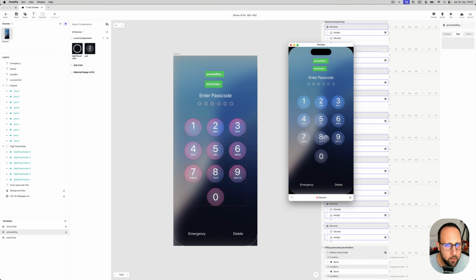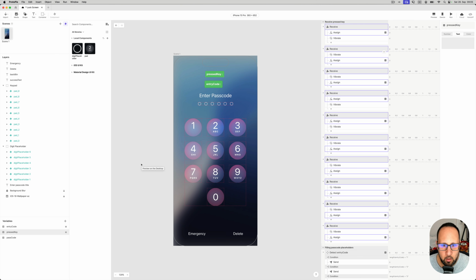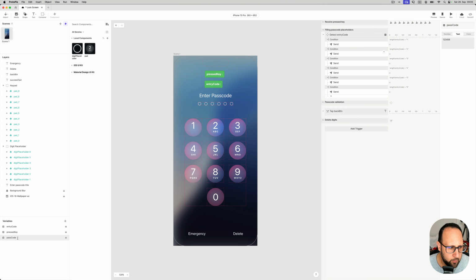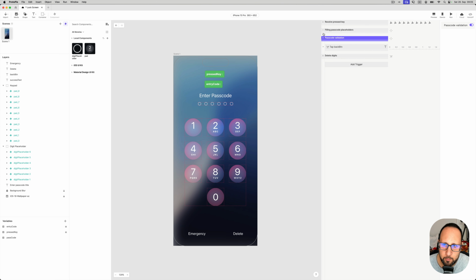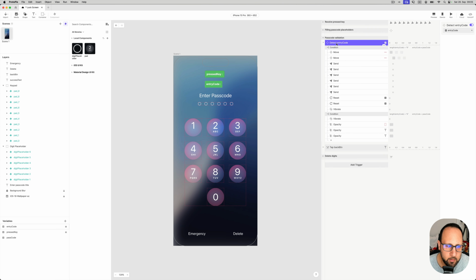Now, maybe you are asking how I'm setting the right passcode. I have a variable here that says passcode, and it's a text-based variable. Here it has 1, 2, 3, 4, 5, 6, and this is the right passcode. Then in the password validation here, I am detecting the entry code, which is this variable here. So if the length of the entry code is 6, because I have to enter 6 digits,